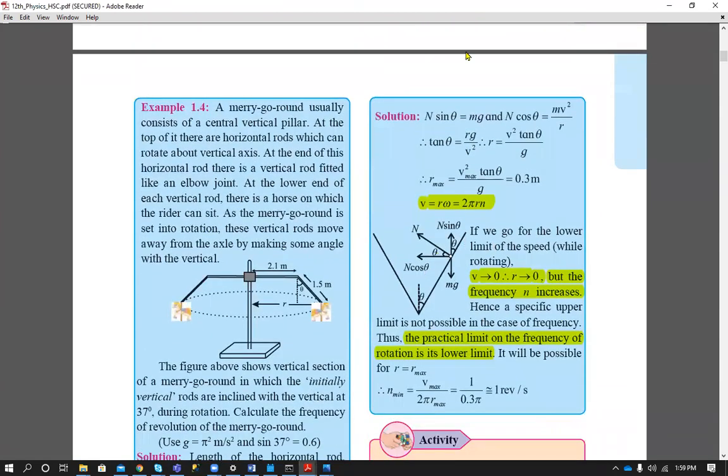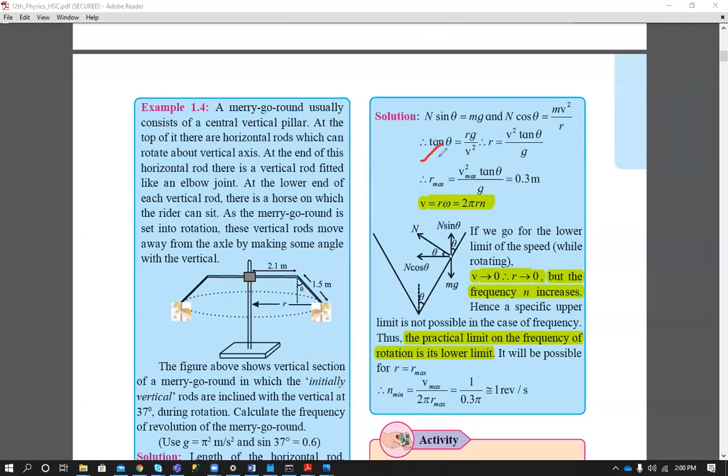From the diagram you can see that the surface of the cone will offer a normal reaction force. Two forces act on the ball: one is the weight mg and the other is this normal reaction force. This normal reaction force results in two components, N sin theta and N cos theta. N sin theta balances mg and N cos theta provides the necessary centripetal force. Just divide the equations. You also find such conditions in the problem with tension; here only T is replaced with the normal reaction force.